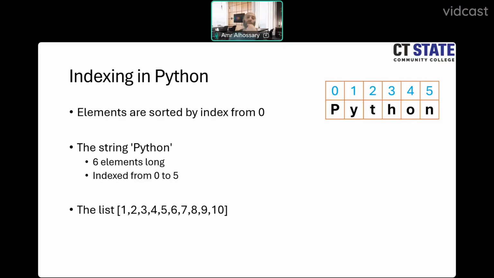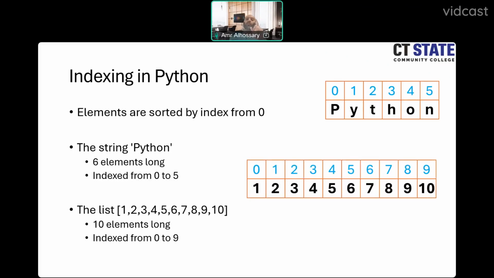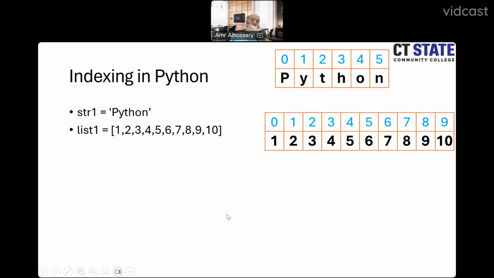Also, we have a list 1, 2, 3, 4, 5, 6, 7, 8, 9, 10, represented as a sequence of integers, 10 elements long, indexed from 0 to 9. Notice here that the index is from 0 to 9, the content are integers from 1 to 10, but that doesn't always have to be the same. It can be characters, it can be anything. Okay. We'll work with these two